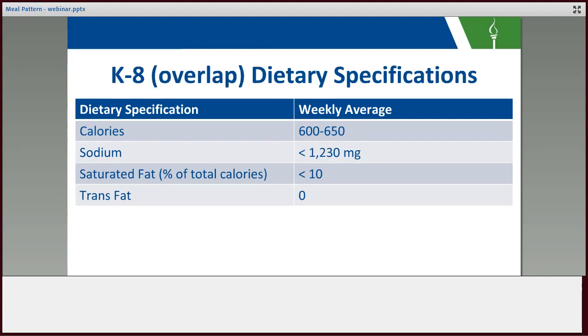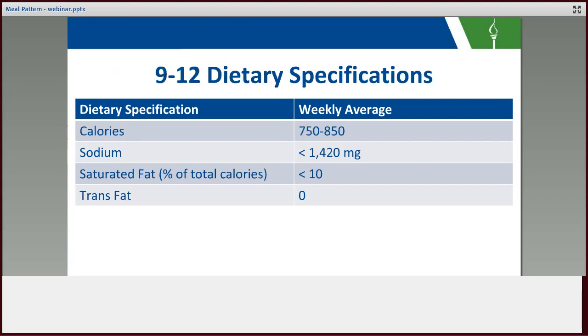Then for our K through 8 overlap, we're just going to look at where those calorie ranges overlap, so between 600 to 650 calories. And staying with that lower sodium requirement of 1,230 milligrams. For grades 9 through 12, we need to serve between 750 to 850 calories and less than 1,420 milligrams of